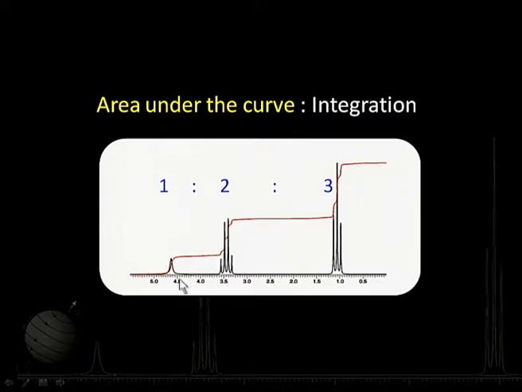Now, what you see is the height of this step here, and if we compare that with this one and this one, we find that they are in the ratio of 1:2:3. That is, the protons in the molecule whose NMR spectrum is being shown are in the ratio of 1:2:3, and since it happens to be ethanol, we know they actually are 1, 2 and 3. The integration trace gives me the ratio of different types of protons.